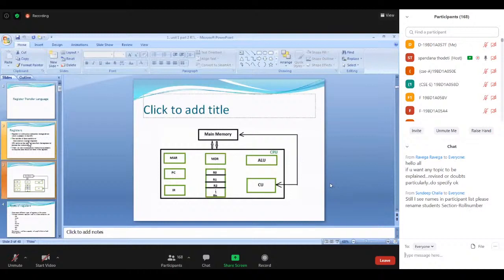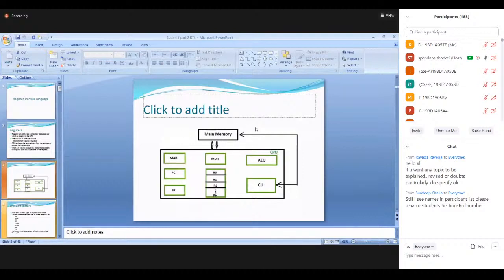So we have different registers in your system. 8 registers we have, you know that. What are these? Instruction register, IR register, AR register, program counter, accumulator. Like that, 8 different registers we have in your system. Along with that, we have a memory component. What is the size of the memory component? We will consider a basic computer. To design a basic computer, what memory size do we consider? It is 4096 by 16 bits.